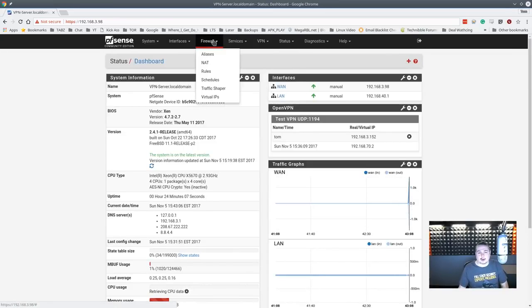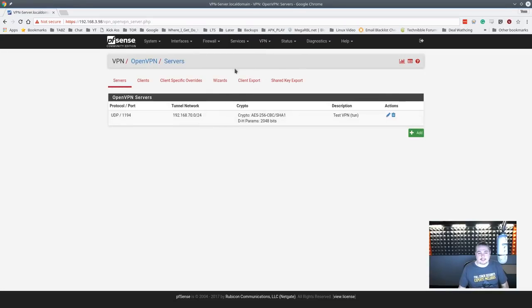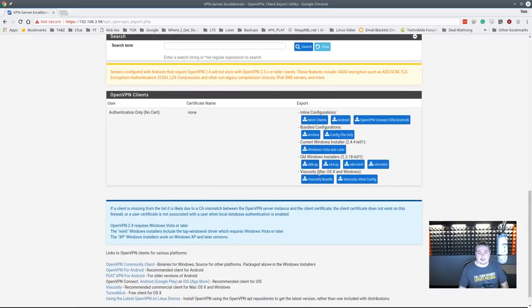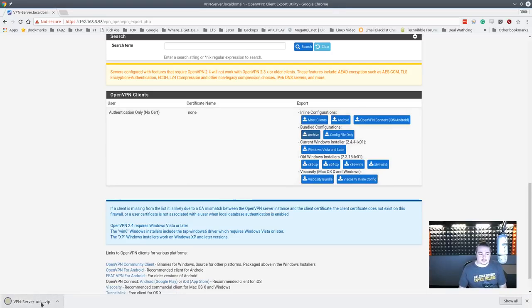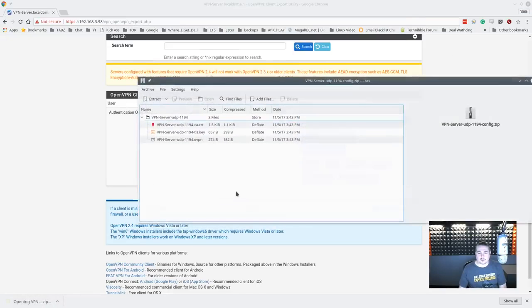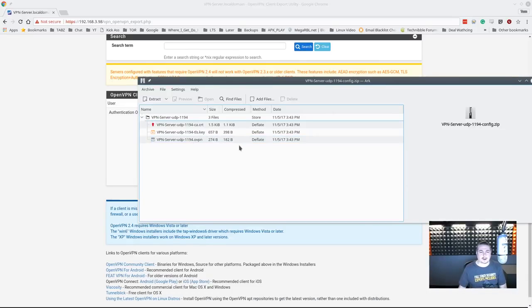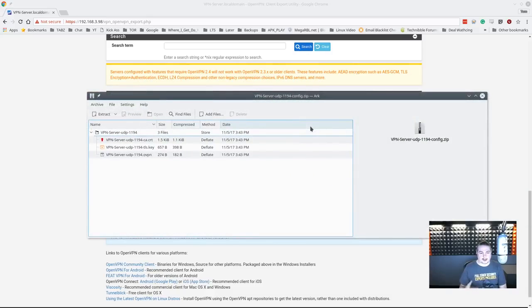Now let's go back real quick here. If you wanted to set this up on other devices, the client export tool is also handy for when you're doing it on Linux, for example. You can actually just download like this. So when you're setting up on Linux, you just look at the settings file to put it in Linux. Like I said, I'm going to do a separate video sometime on that, but it also puts the two keys you need to get it in there too, the CA and the TLS key that are needed in order to get the connection going. So that'll be a separate video for how to do this from a Linux machine, but as far as setting it up from a